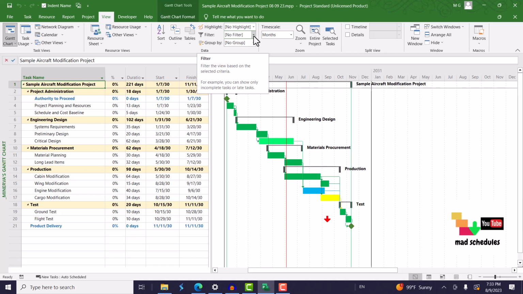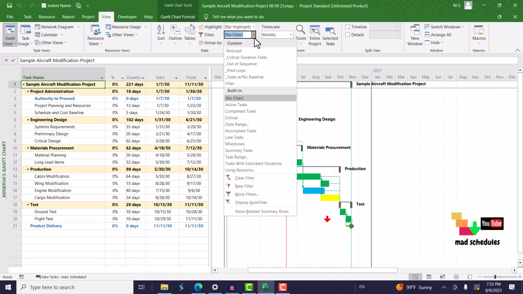This example is a very small schedule. Usually the filters work really well when you have really large files of, say, hundreds to thousands of lines of tasks, either summary tasks or individual tasks. So here we open the drop-down menu on No Filter, because no filter is applied right now. That's what it means. If you drop down the menu, you can see you have a section for